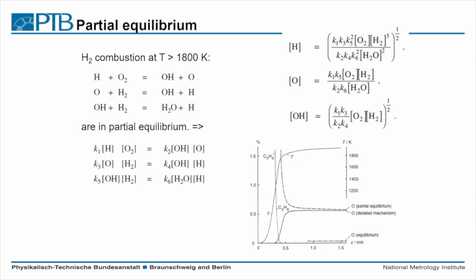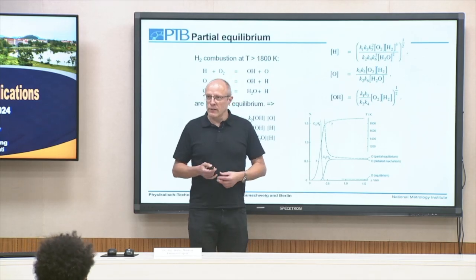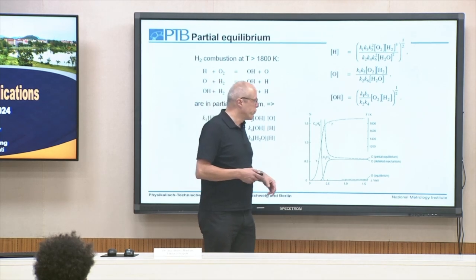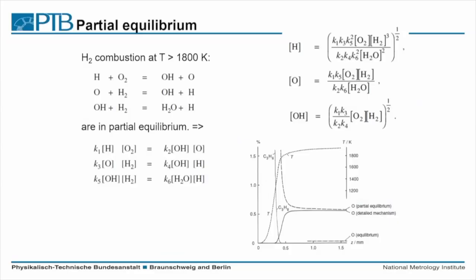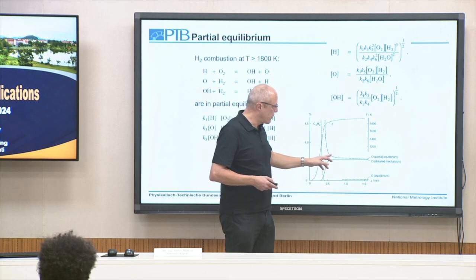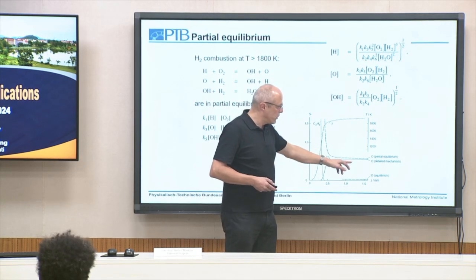For this detailed mechanism we have used 9 species and 37 elementary reactions. And for this assumption of the partial equilibrium, this part we have simplified with this assumption here. So at high temperatures, given a distance or height above the burner, a very good